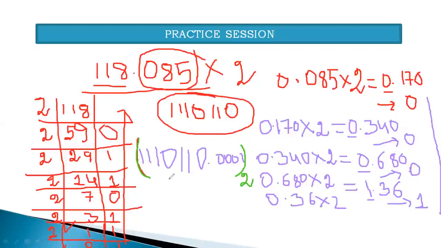That is 1110110.0001. You can continue the entire calculation until you get 1, but most of the time it is not possible to get 1. You are going to get 1 only if the value given to you is in the format of that multiplication, where at last you get 1 as your mantissa, that we have already seen